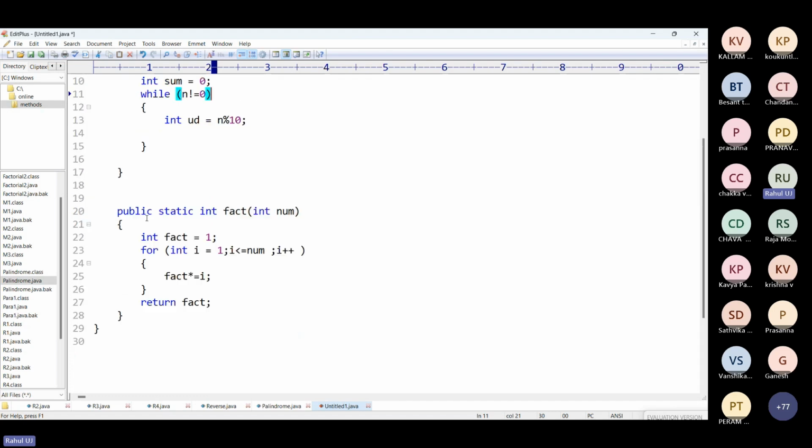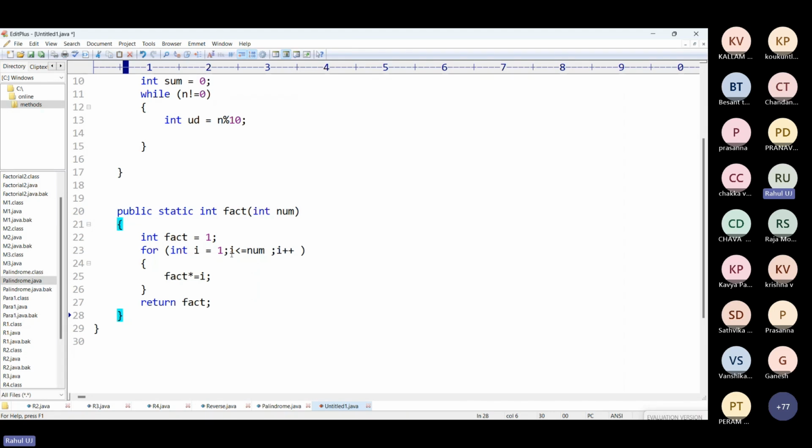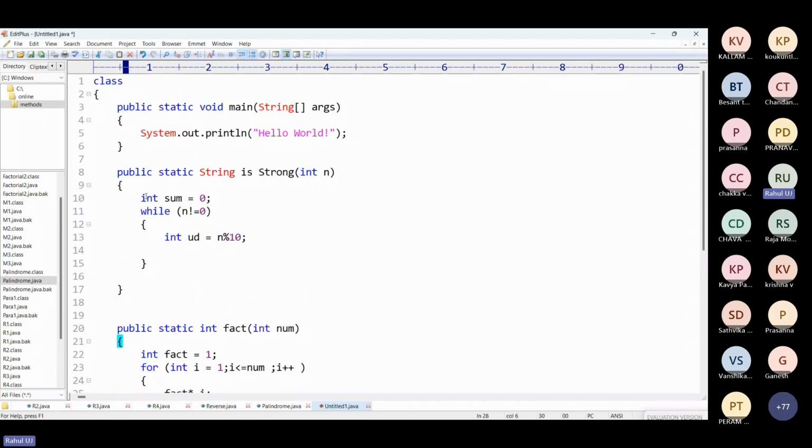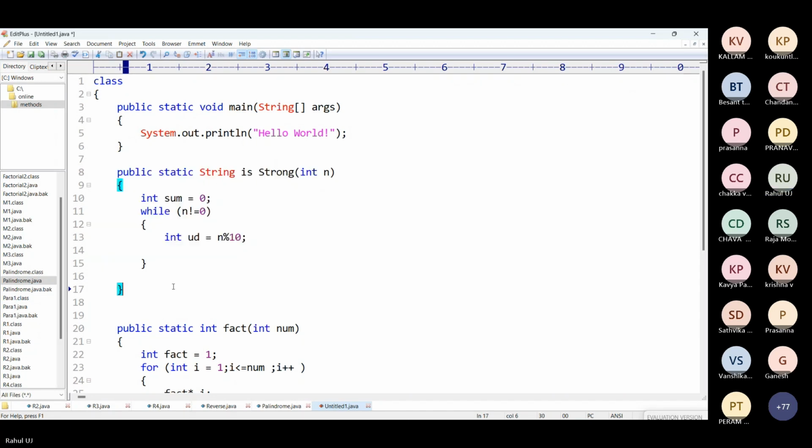So basically this method is for finding out the factorial of an individual digit. This method's complete work is to receive your number, check whether it is strong or not, and inform that. So here I have to store the sum value inside a variable, right? For that purpose, I have created this sum variable. So until my number gets to 0, I will be